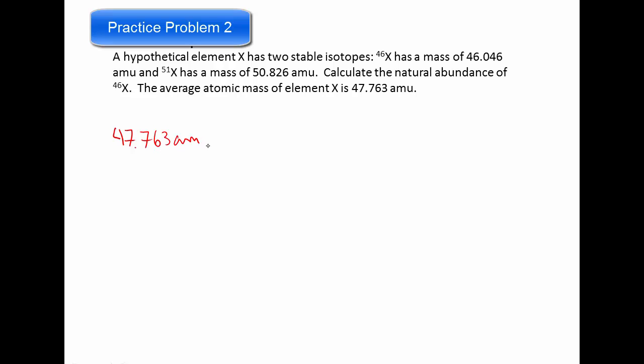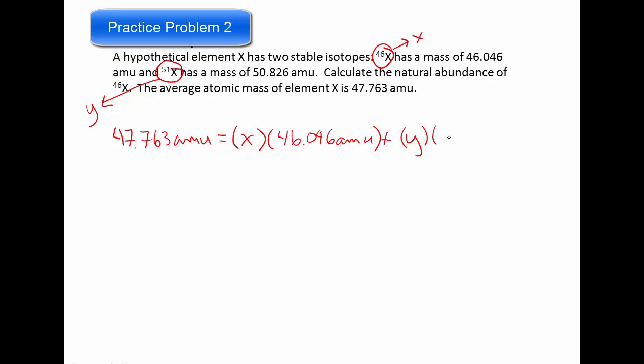47.763 AMU. And that is going to equal, and there are two stable isotopes, so we're going to have two terms. Now, X46, we know the isotopic mass, but we don't know the fractional abundance. So the fractional abundance of this, we're going to call X. Okay? So we're going to say X is our fractional abundance, and we're going to multiply it by its isotopic mass, which is 46.046 AMU. We're going to add that to the term for the second isotope, which is X51. That fractional abundance we're going to call Y, because we don't know that either. But we do know its isotopic mass, which is 50.826